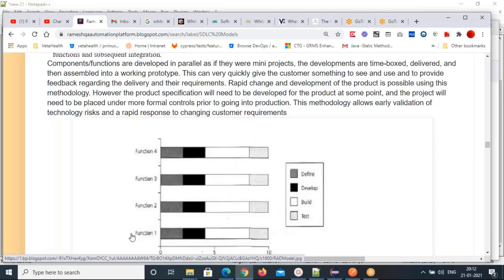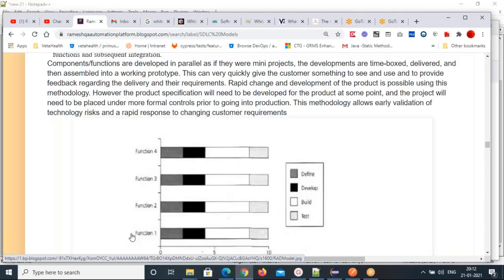Like in the incremental model, first one module, one feature is developed. Design, development, testing are all done. Then they start the next module, the next feature, on top of the first module. That's an incremental process. You keep incrementing feature by feature.